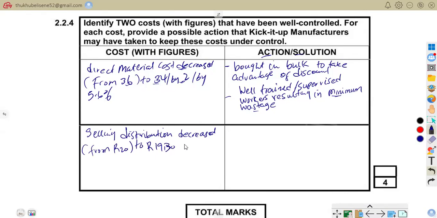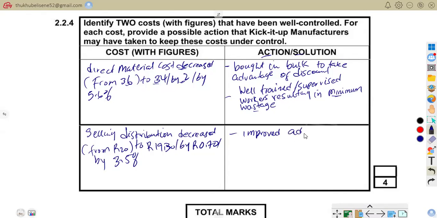So we've already shown that by figures. That is by 0.70. So you can say that is also by 3.5%. So now the action or solution that we are to take is that we can talk about improved advertising,